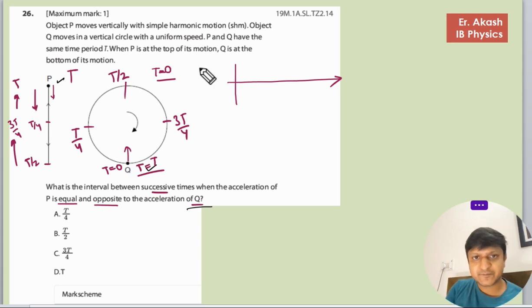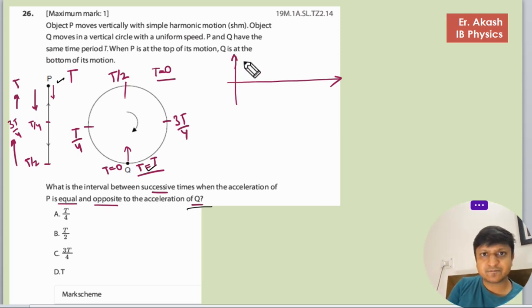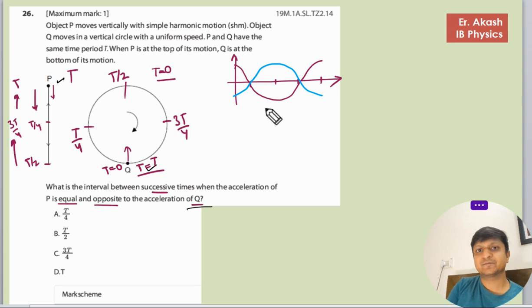In this, the graph will be like, it is starting from here, the graph will be like this, and for the other body the graph would be completely opposite to it. So at t equals 0, and it is T by 4, T by 2, 3T by 4 and T. So at this position,